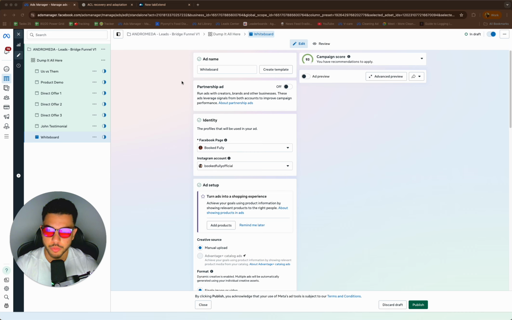If you run ads really for anything on Meta, you know that the Andromeda update has been pushed. And what that means is that you no longer can have just one winner and scale the hell out of it. It's not going to work. It's going to fatigue way faster. You need to have separate ads for separate parts of the funnel with separate differences in them, or I don't know what they're called, like variations. And you want to have close variations, large variations, or very different variations, depending on what you're doing.